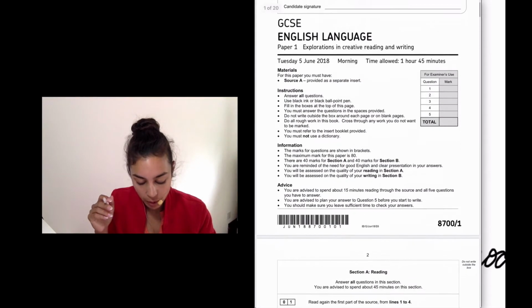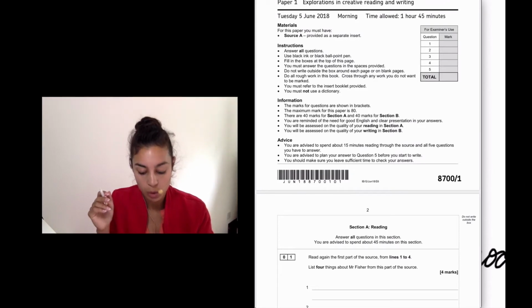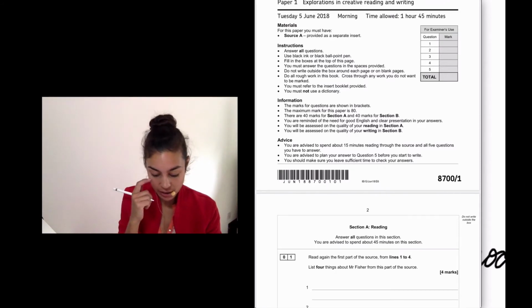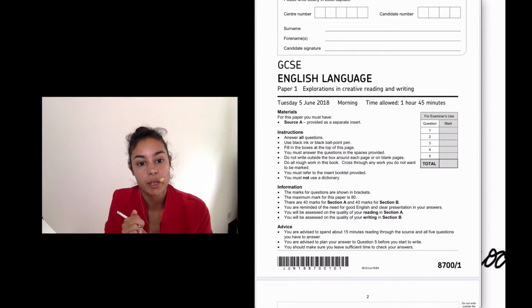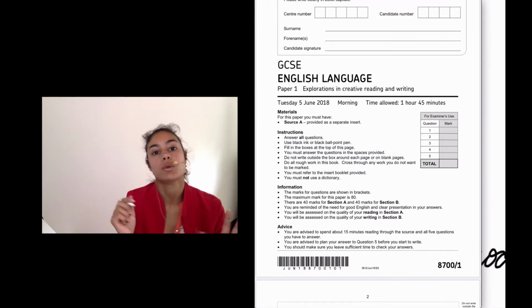Okay, so we've gone over the marks. I'm not going to do that again. So the advice they have on the paper is just to spend 15 minutes reading the source, and all 5 questions you are to answer. So yes, I highly recommend reading through the paper before you start. As we said, 50 minutes per section, 5 minutes reading. So we're changing around the 15 minutes suggestion, and that's okay, because what you're going to do is